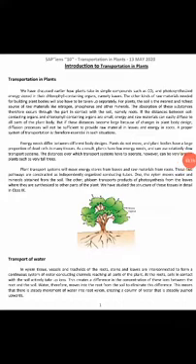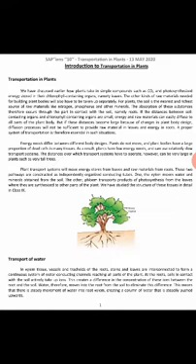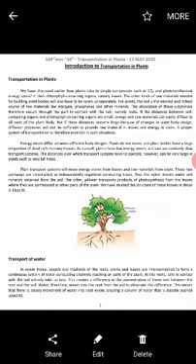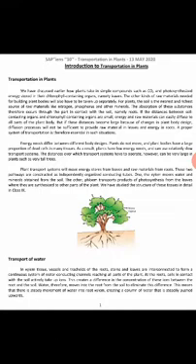Transport of water. In xylem tissue, vessels and tracheids of the roots, stems and leaves are interconnected to form a continuous system of water conducting channels reaching all parts of the plant. Water from the soil to the leaf. Xylem having 4 kinds of tissues: xylem parenchyma, xylem fibers, xylem vessels and tracheids. Here mention about vessels and tracheids.